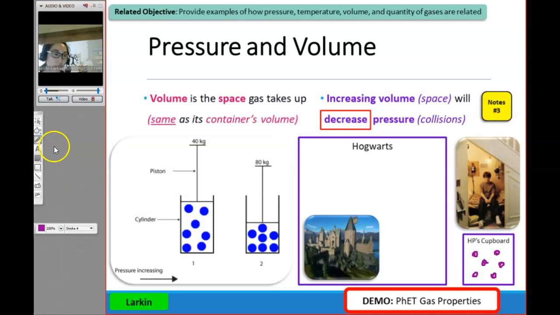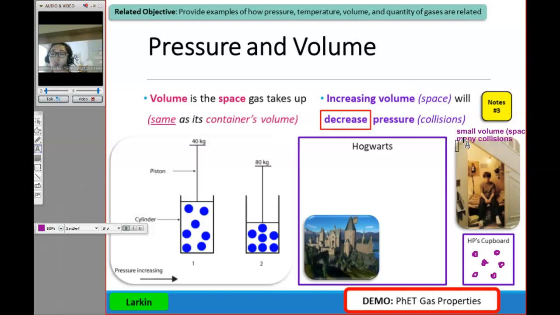What do you think? Are people going to be colliding into each other a lot? If we stick all 6 of them into the cupboard, lots of collisions, little collisions, what do you think? Tons of collisions. You're going to have elbows in your face the entire time, right? So we end up with a lot of collisions. So many collisions. So this is a small volume, right? So a small space. And so we end up with many collisions.